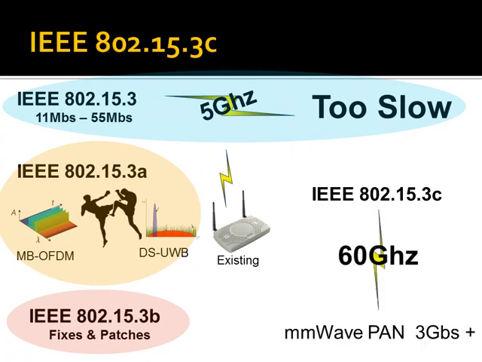What they came up with, got a little further along, decided to go way higher in frequency. These other systems, I said 802.15.3 used 5 gigahertz. They had looked at several frequency bands when they got into the A version of things. By the time we got to C, use of the 60 gigahertz band was looking pretty promising. For one thing, they'd figured out that they could do this with electronics affordably and predictably. That's one of the key things for a consumer product.